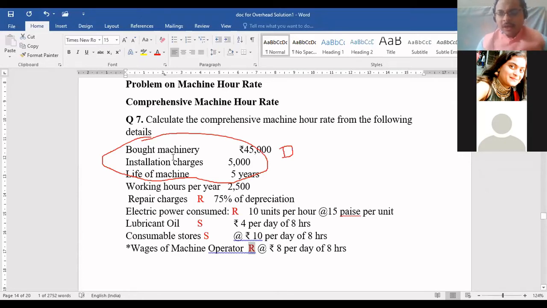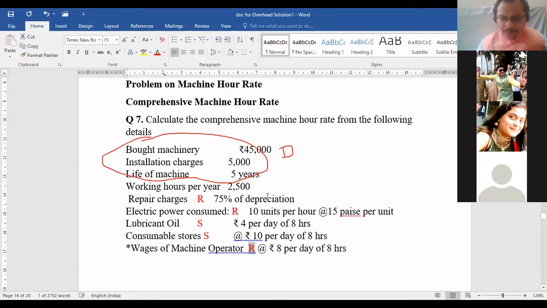Now here, depreciation. Earlier we used to calculate depreciation on the fixed value of the asset, 10%, probably by straight line or WDV, correct? But here, for calculation of depreciation, we have a different formula. Depreciation will also go in running charge. Depreciation is also a running charge, isn't it, beta? Yes, sir.